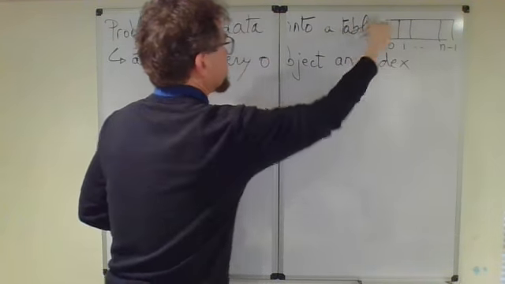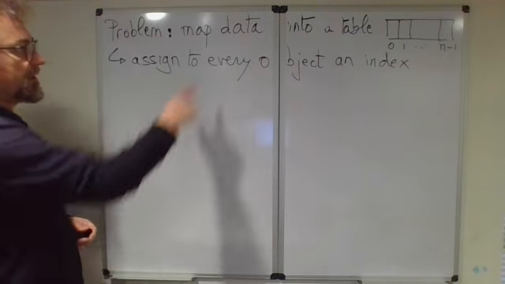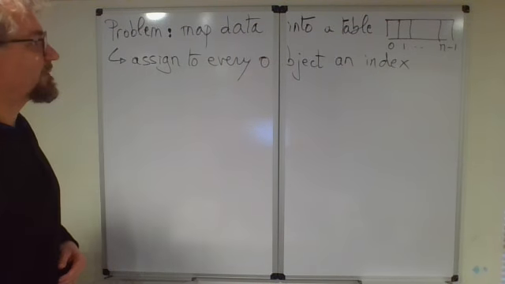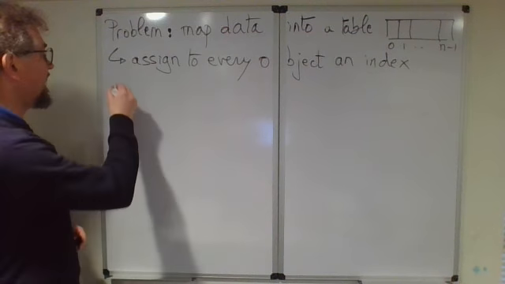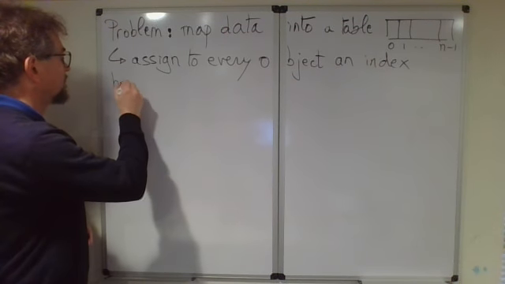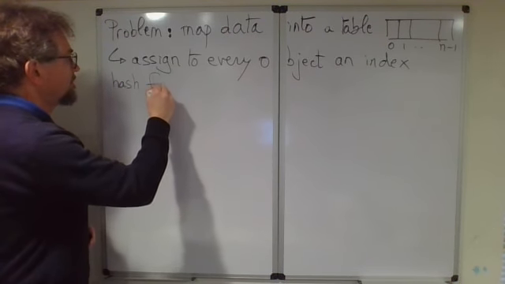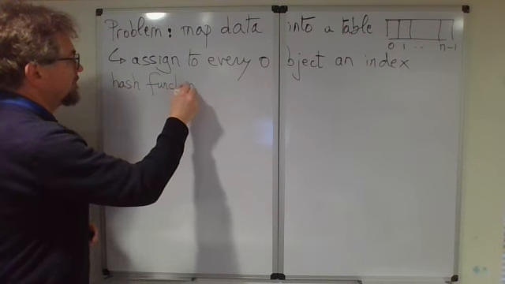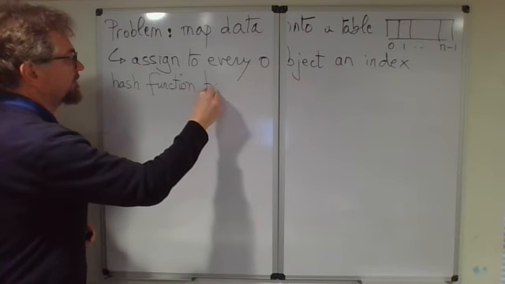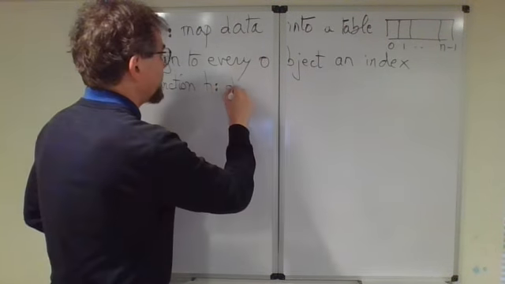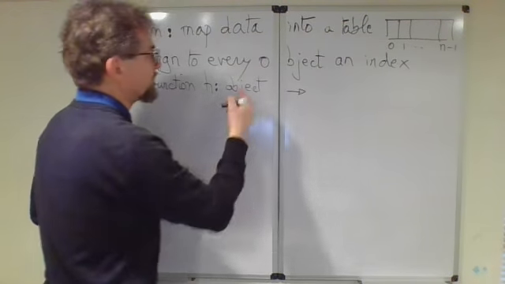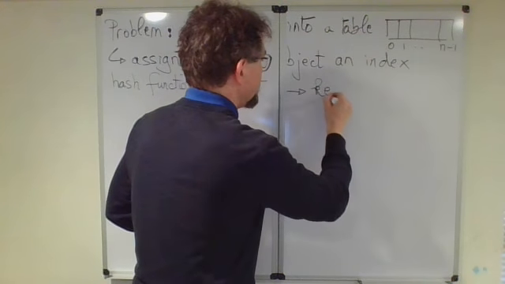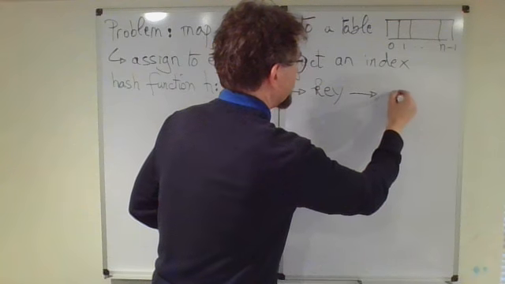So the elements in the table are indexed and we have objects. And how are we going to do this? We're going to apply a hash function h that goes over the space of all objects, assigns to every object a key, and with every key